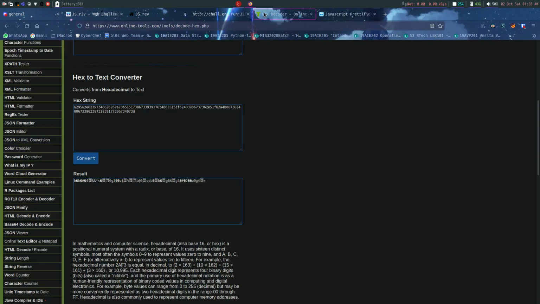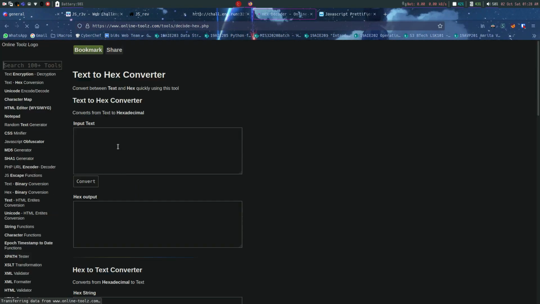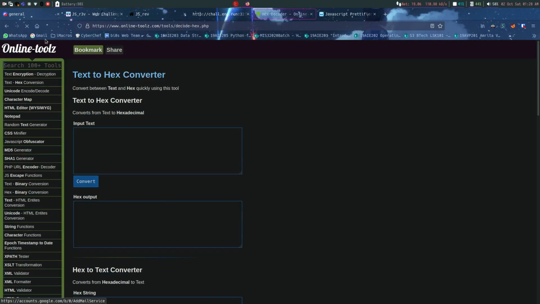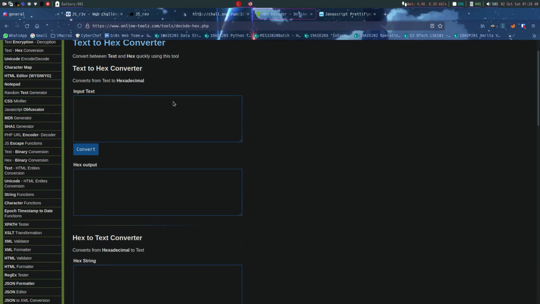You can go to the internet and type hex decoder or hex encoder, and you will get many of them. What hex encoding does is that every number has an equivalent hexadecimal value, so if you give a string, it will take each character's hexadecimal value and concatenate them. That's all it does here.